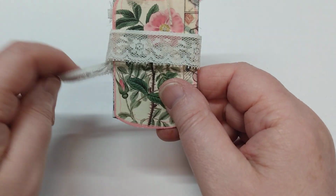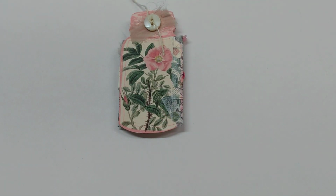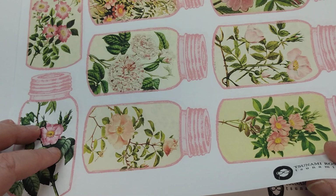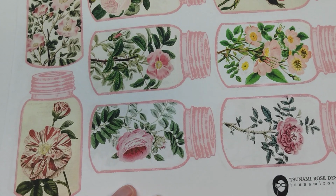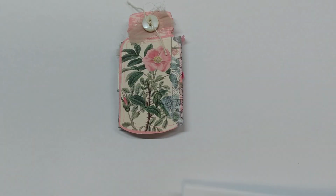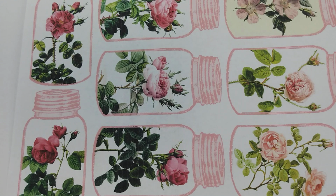I just have a piece of lace wrapped around the outside on our sample. And I have these cute little mason jar papers. Let me show you what you get in the kit. So the kit looks like this. I just printed them on regular copy paper and then backed them with cardstock. And there's 3 pages that come with the kit,